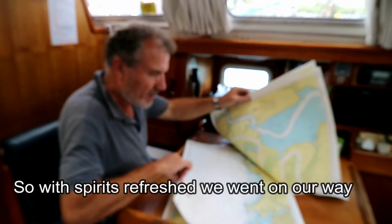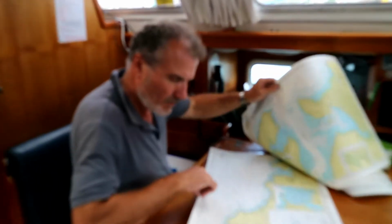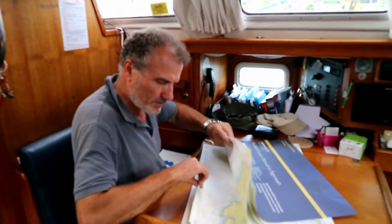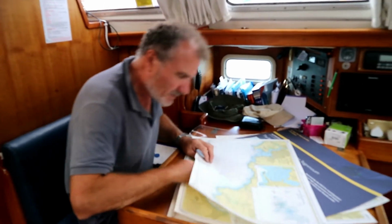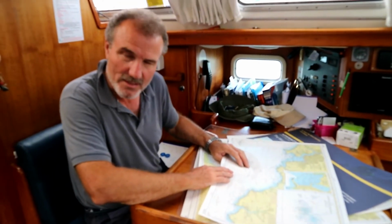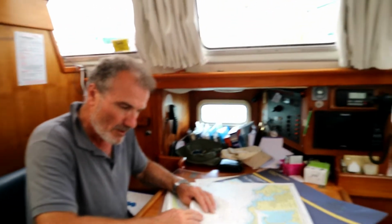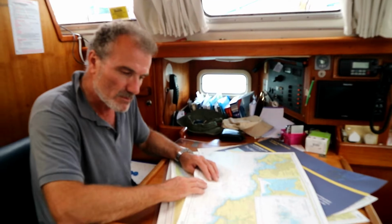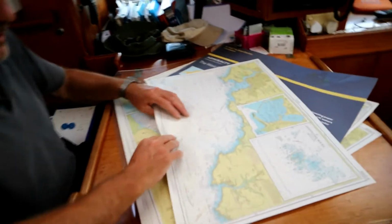We sailed away. In Plymouth Sound a lying, blue flag a flying. Right, so Skipper, where are we going? Today we'll be mainly heading west in the direction of Plymouth. We will have to go round Prawle Point and Bolt Head, which are either side of Salcombe Harbour. If I show you on this one here,